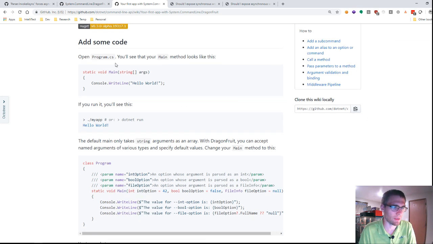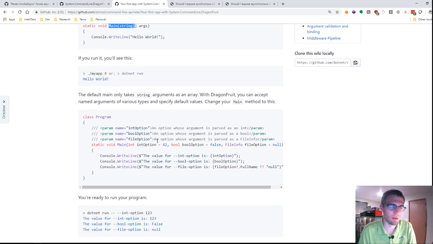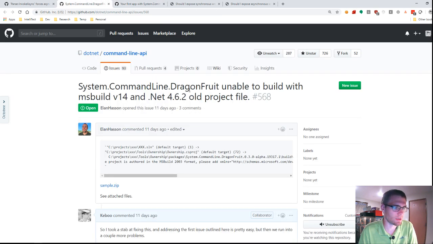So that you don't have to think about how do I go from this into the method that's actually going to do the work. It just jumps straight into the method that's actually going to start doing the work of your command line app. So where that leaves us is Elin